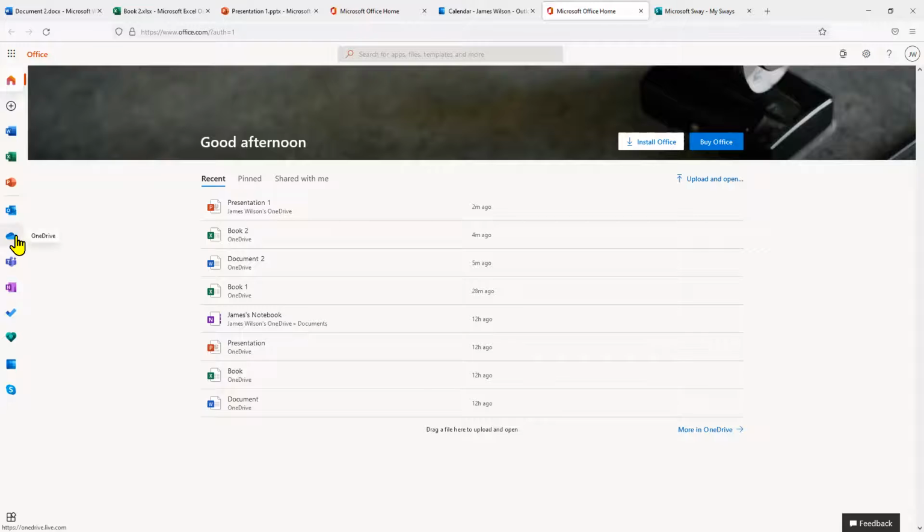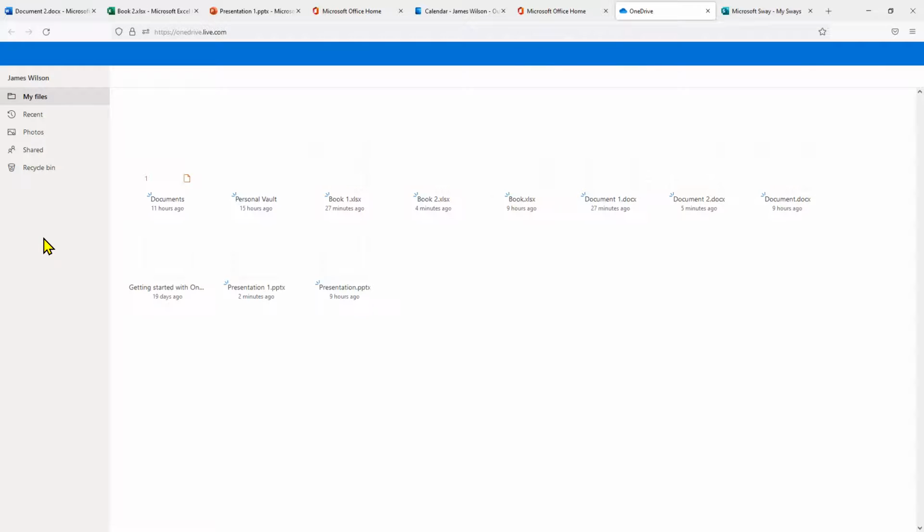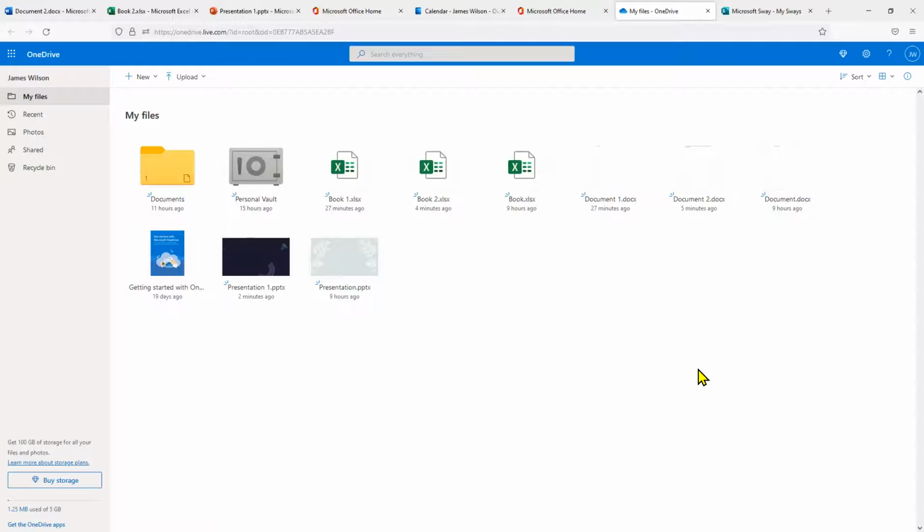The next one is something that I really want everybody to pay attention to. And again, this is all free. Now, you notice here, I started to have these documents. Well, the cool thing about it is that I did these things in Office and PowerPoint and Excel and everything else, and now they're available in my OneDrive. So OneDrive is a virtual hard drive. But the cool thing about it is, again, it's all integrated. So if I wanted to start a new Word document, Excel, or PowerPoint right here, I can start it right from here, and then I'll have access to it inside of my online